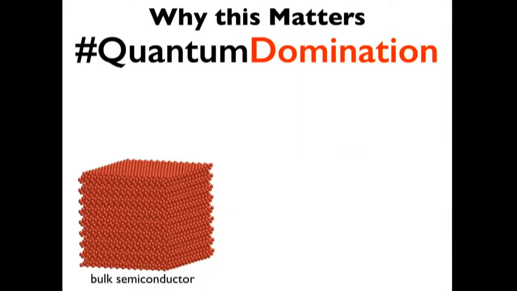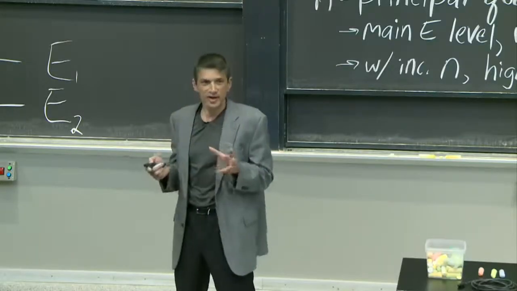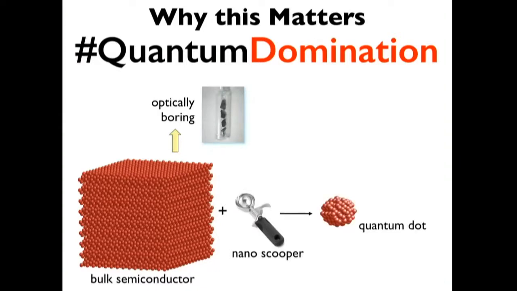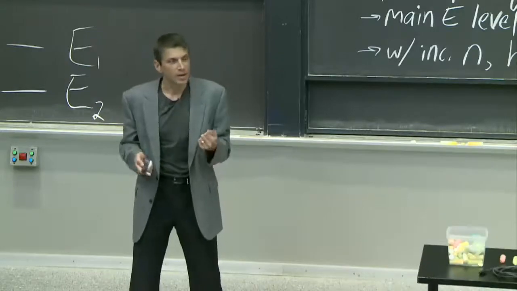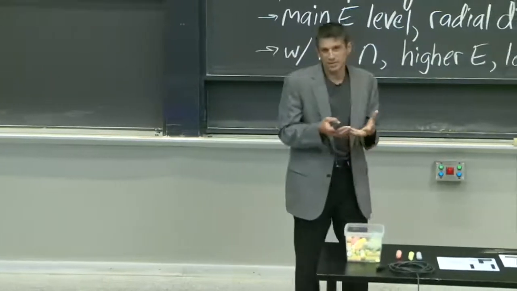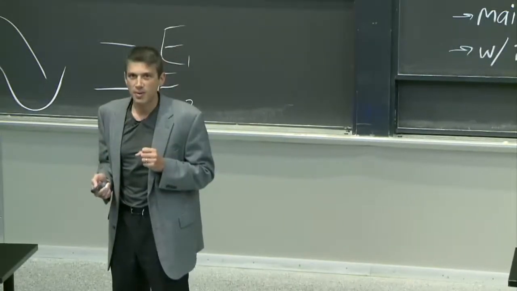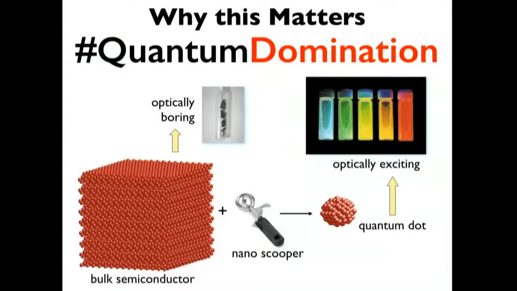Here's the example. Take a piece of bulk material. Take a piece of silicon. If you look at the silicon, it's kind of boring to look at optically. It's not very interesting. Don't tell that to your iPhone, which has a lot of it in there. But now, take out your little nano ice cream scooper, which you all have, and take a little tiny piece of it. We call that a quantum dot. We call it a quantum dot because it kind of looks like a dot, small-ish, but mostly because quantum mechanics takes over the properties. Here's an example. Shine light on this thing or have it glow, and all of a sudden, instead of being boring, it can be any color you want.